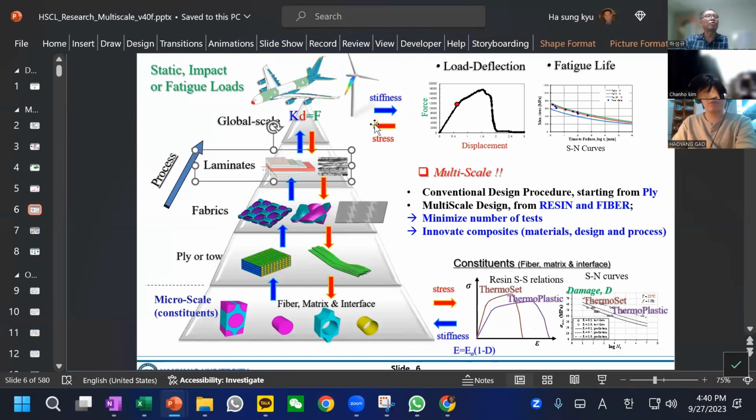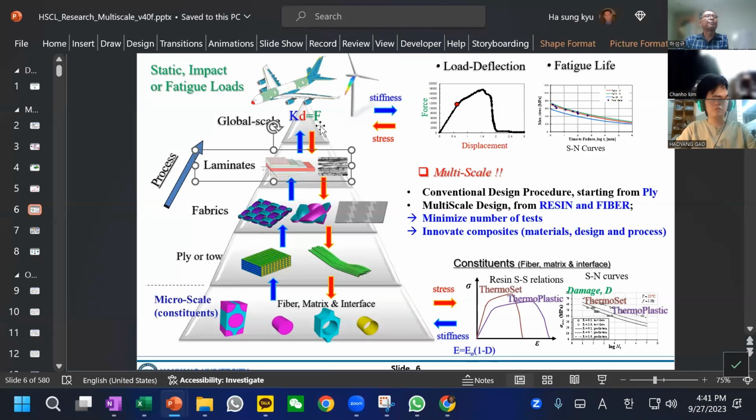One point I'd like to make, a very important comment, is the blue line. The blue arrow is the stiffness. So when you design a composite, we always need two concepts: stiffness and strength. And stiffness means how stiff or how soft the structure is. So the ply or toe stiffness will come from the fiber and resin, and the fabric stiffness and laminate, and up to here. Now under load or under